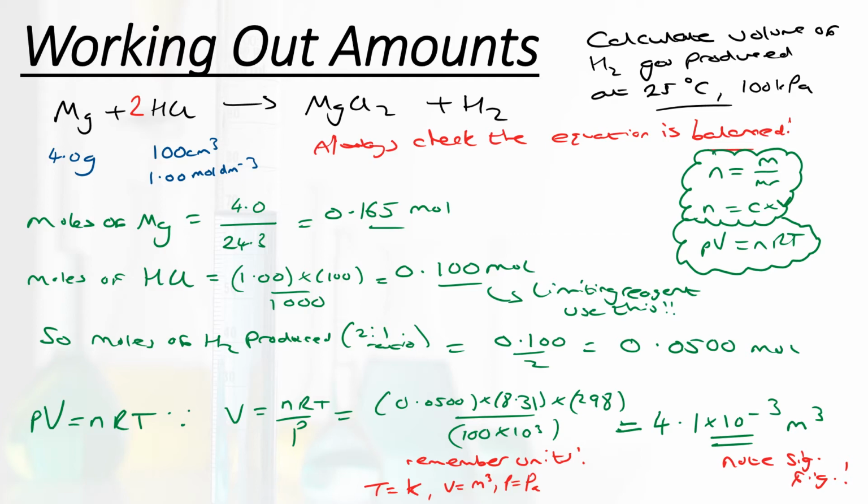So we put the numbers in and we find that we have 0.1 moles of the HCl. Now this is where it's really important to know about our limiting reagent, because we have fewer moles of the HCl than we do of the magnesium. Essentially the magnesium is in excess. So we have to use the 0.1 moles in our calculations, because that is the limiting reagent. That is going to be the one in the smallest amount that limits the maximum amount of products we can